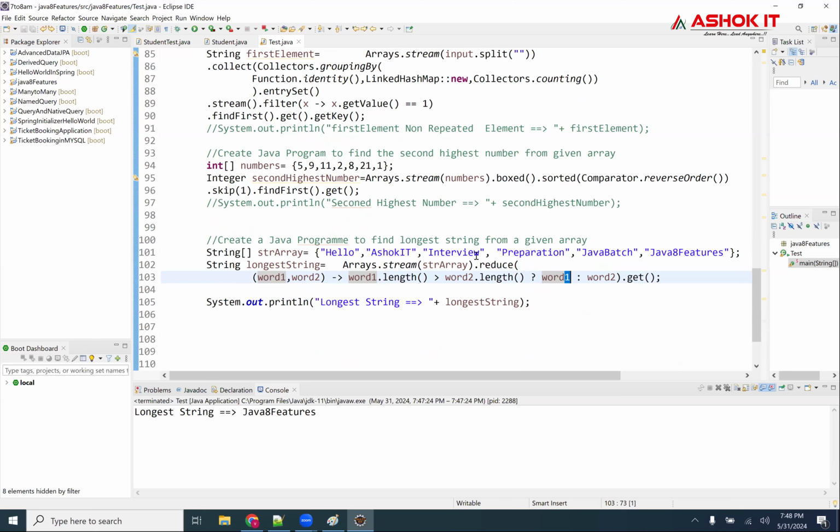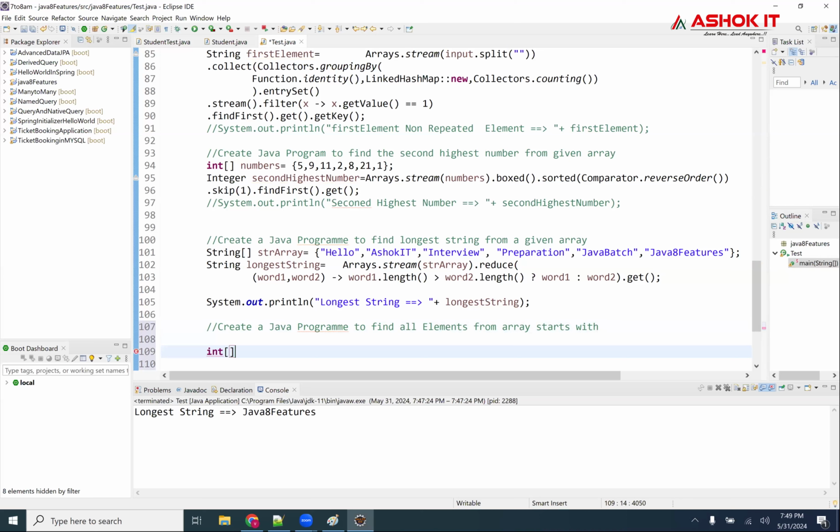Okay. Now, what I want is to create a Java program to find all elements from an array that start with some character. It's not a string, guys, it's an array of numbers.